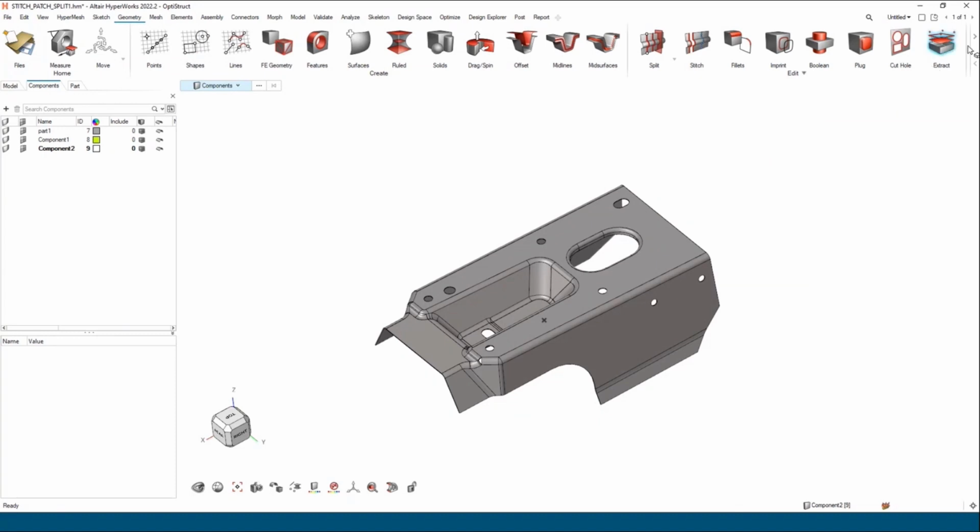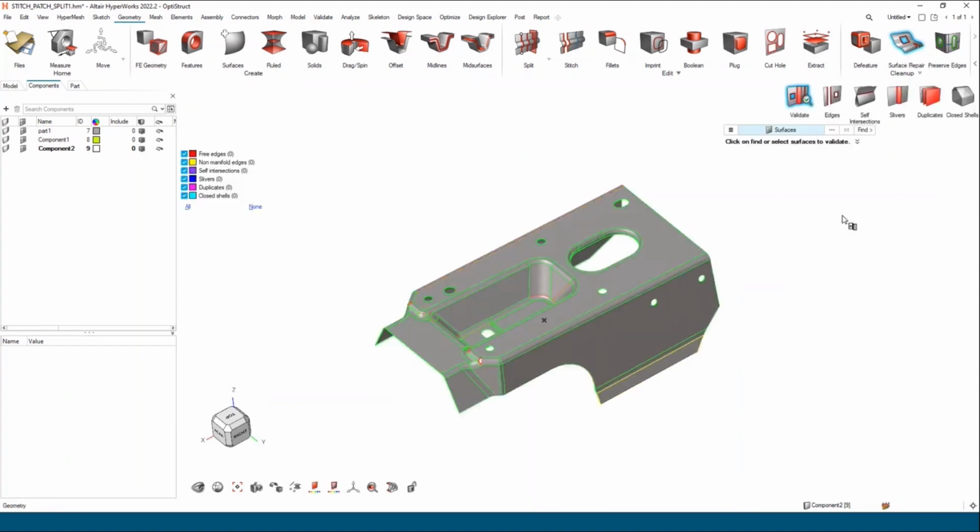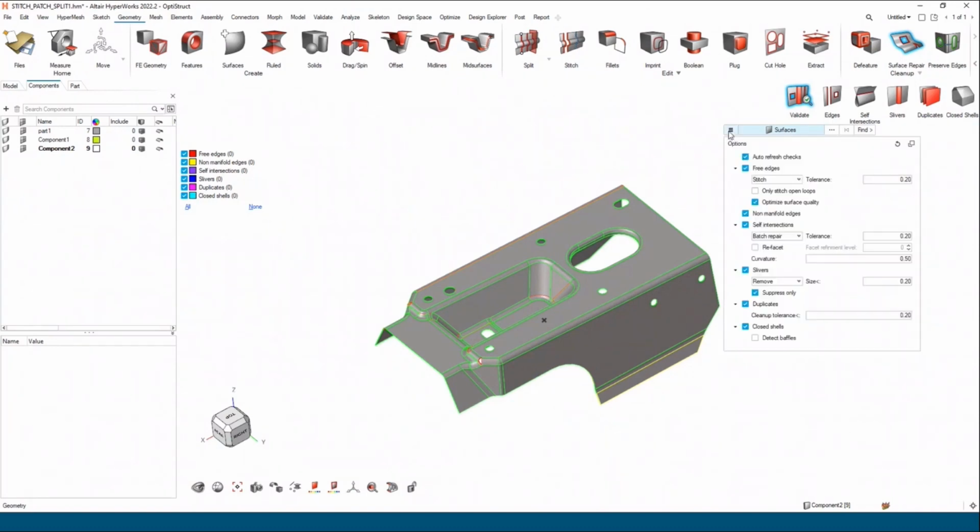So I just wanted to go over the surface repair tool, which is a big addition for this particular version. It's added under cleanup, and once you click on it, you will get these options under validate, which you can expand on. These are all the checks that it does, along with the options that you can define to fix these